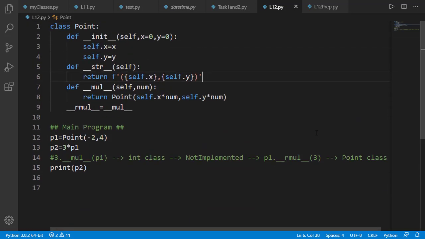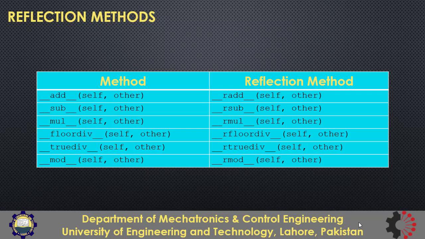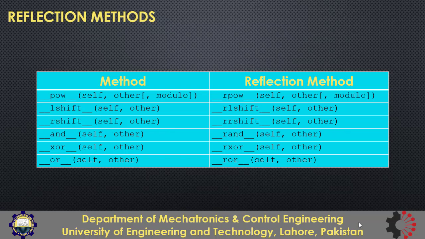Let's see more function and reflection function pairs. Like we have __rmul__ as the reflection function for __mul__, we have __radd__ as the reflection function for __add__, and so on for other functions, and the same pattern is for these functions. There are a couple more methods and associated reflection functions. We didn't study those methods in the last lesson, so I haven't added those here as well. But you can see the Python documentation for that.